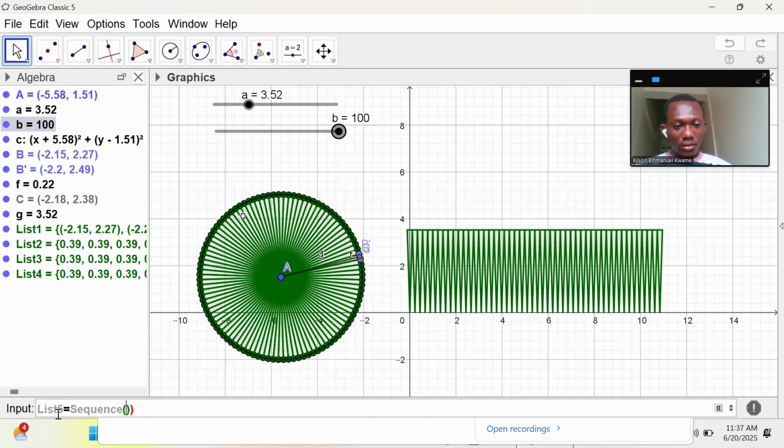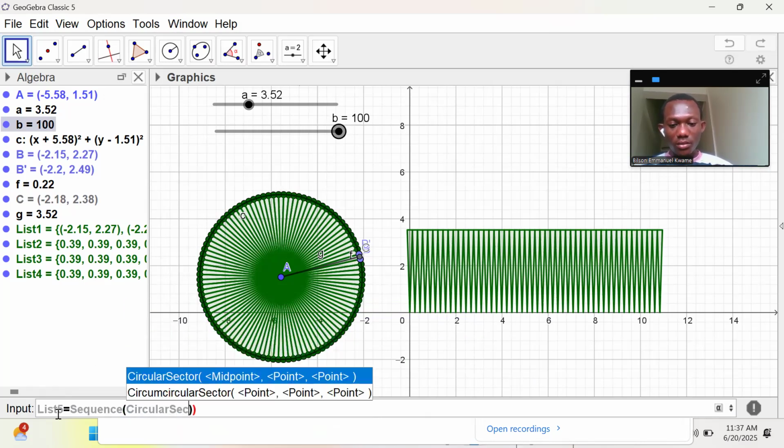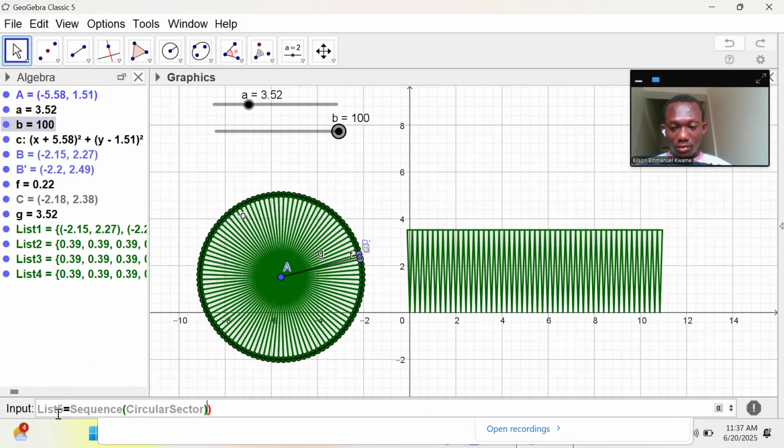Sorry, this time it is circular sector. Then we punch in JF plus JF plus